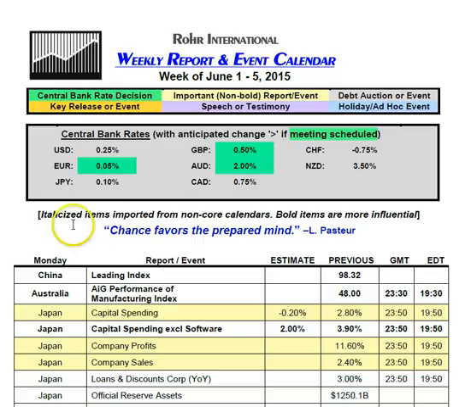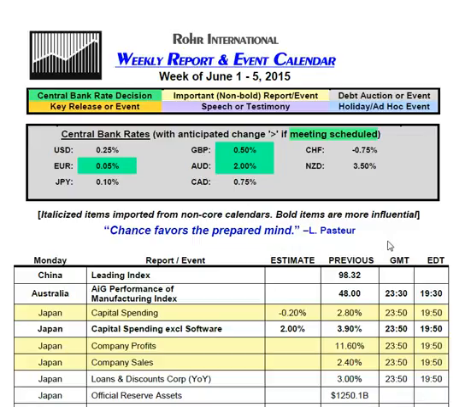Two other things to note is that the italicized items you see are imported from non-core calendars, and that's one of the other key advantages here. We have never found a single calendar that covers everything we want to see from all the categories noted at the top in the color coding, and we go through a series of calendars every weekend to prepare our clients. And last but not least, the whole purpose of this exercise: chance favors the prepared mind. Thank you, Dr. Pasteur. They say the market's a creature of expectations. Great traders and investors make sure they know what to expect to see how the actual influences come in